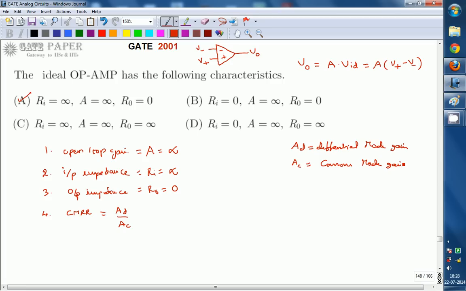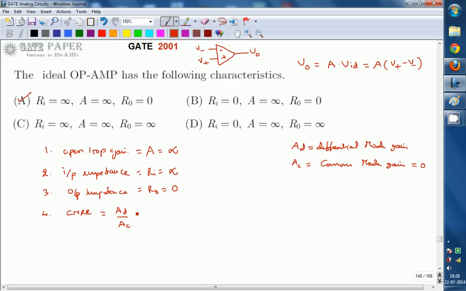An operational amplifier is mainly designed to amplify the difference between the inputs. If you apply the same value to both inputs, that is called a common mode input. That is a common input you are applying for both inputs. At that time the output should be 0. So the common mode gain should ideally be 0. That is the gain provided for the common mode signal. Gain must be provided only for differential mode input.